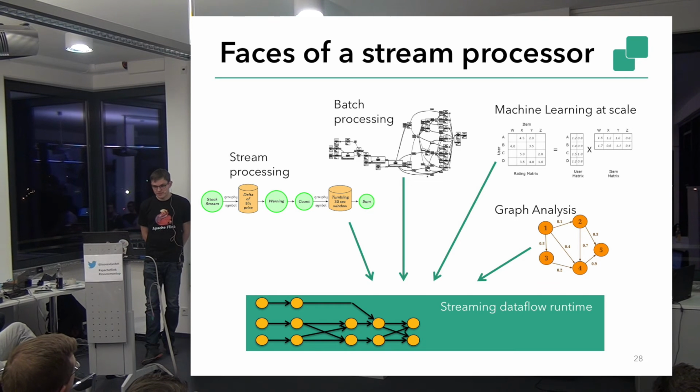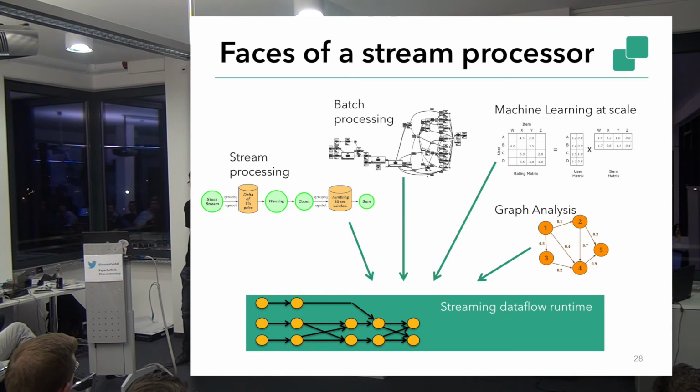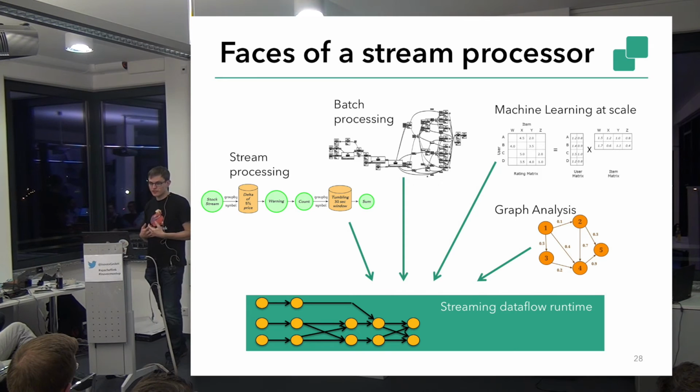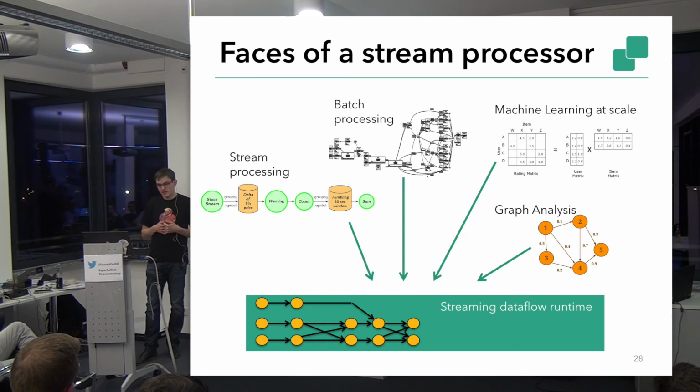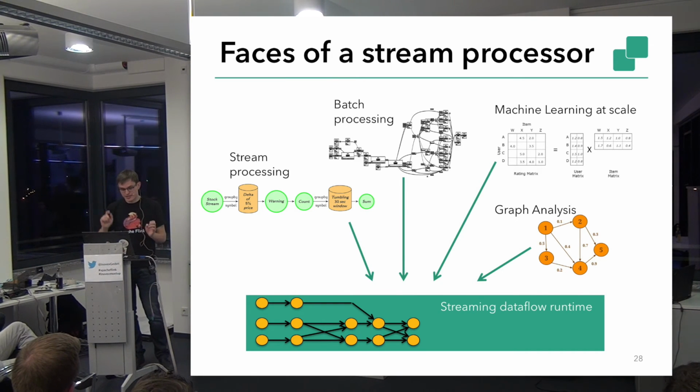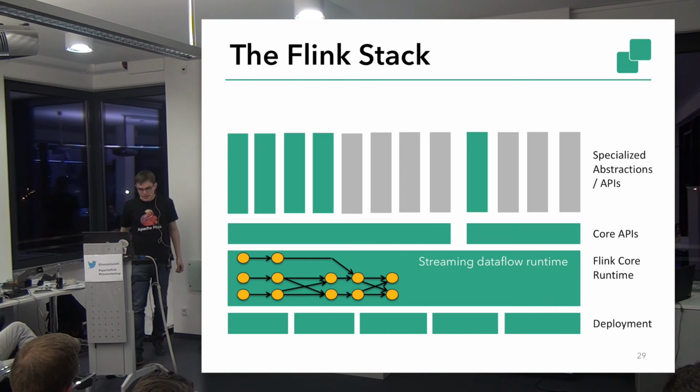So Flink has support for iterations built into the system, which means that the system is aware that you are executing iterative algorithms. Spark was improving on iterations compared to Hadoop because they have this in-memory caching. In Flink we can further improve on this because our optimizer is actually able to optimize also iterative algorithms, and our engine can do more optimizations because it's aware that it's executing a cyclic data flow.